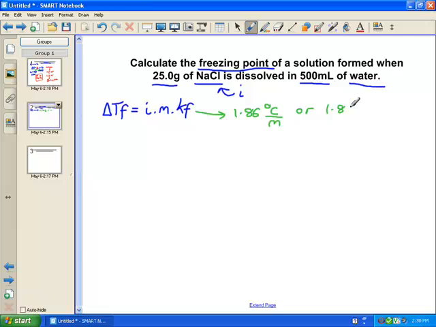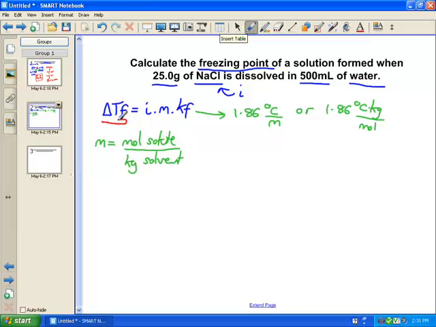Another way to represent that, I personally find this easier to comprehend because it's in units that I have a better understanding of when I compound them all together: degree C kilograms per mole. And this all comes from the fact that when you talk about molality, that is expressed in units of moles of solute over, do you guys remember what goes on the bottom? Well, it's kilograms of solvent. Okay, so